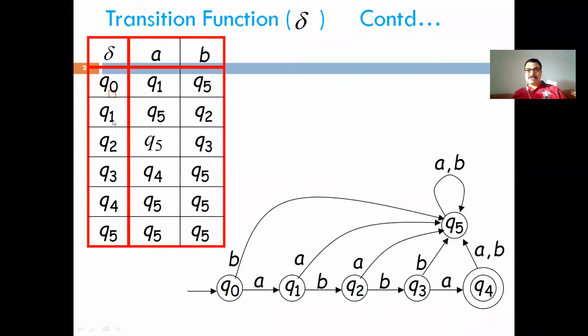And let's see another example. Suppose you are in state Q2. So in state Q2, after getting B, we move to state Q3, and on getting input A, we move to Q5. So in this table, on input A, the state is Q5, and on input B, the state is Q3. So the working of the transition function can be represented by the transition diagram and the transition table. For representing any machine, or the functioning of any machine, we can use the transition diagram or the transition function.